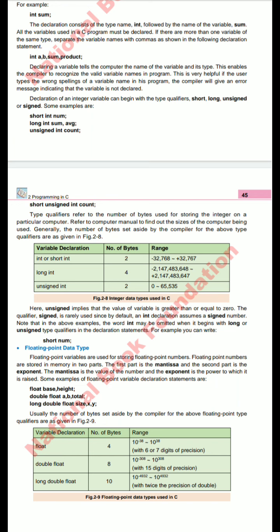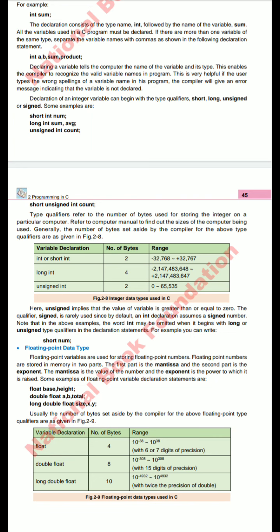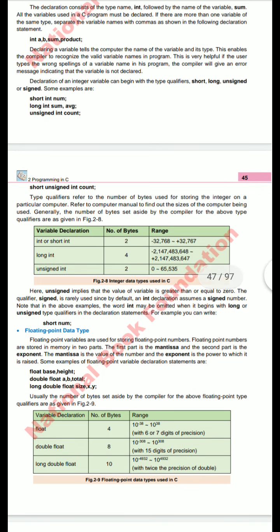Declaration of an integer variable can begin with type qualifiers like short, long, unsigned. This is the length of the variable we are using. Short int number, long int sum, average, unsigned int count.